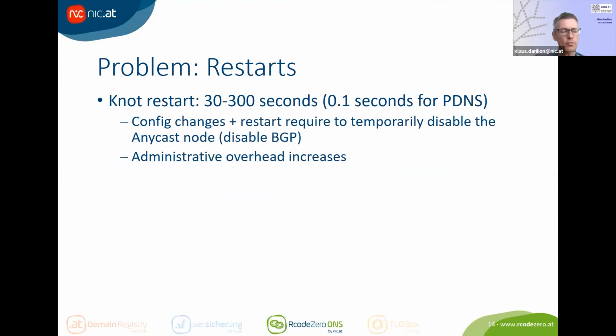Another problem were the restarts. A Knot restart takes, depending on hardware, like 30 up to 300 seconds. With PowerDNS, this was not even 1 second. So we had to change our workflow. We could not even just restart the name server in case of problems or configuration change. Now we have to disable the BGP announcement, restart Knot, and only then can we enable the BGP